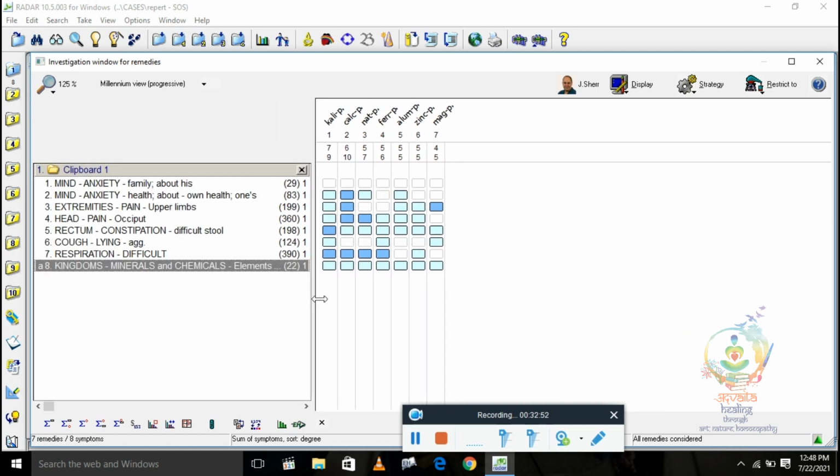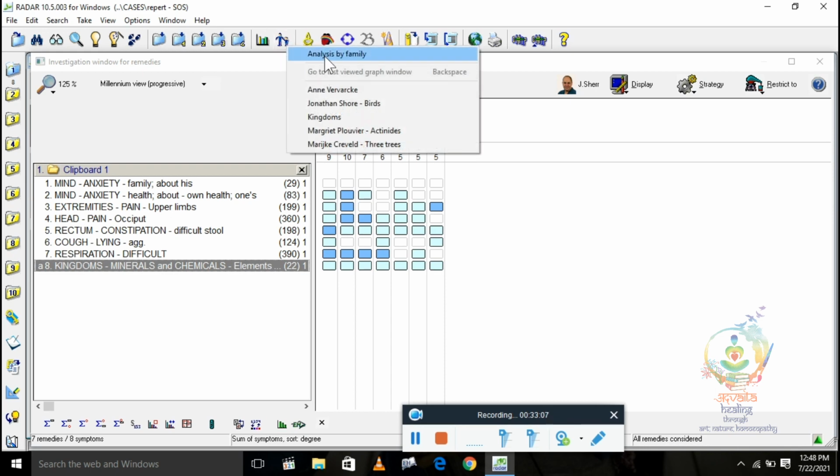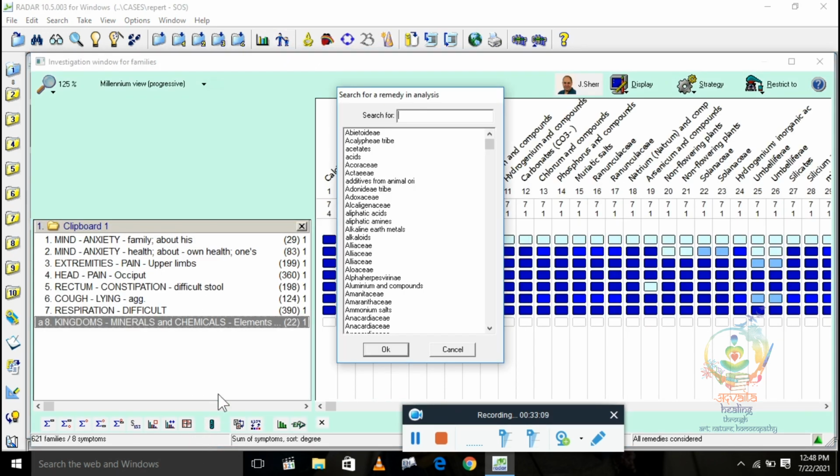If you are a Sankaran practitioner or Vijayakar practitioner, or a classical homeopath with knowledge of group symptoms like acid groups or anything, we can go directly like this. We can even search acids.